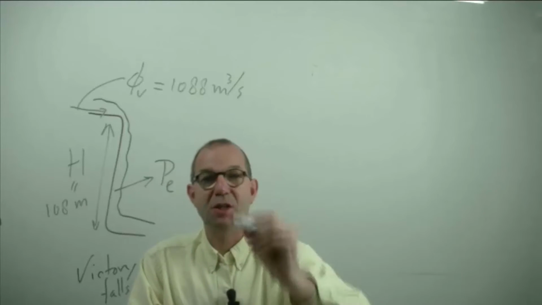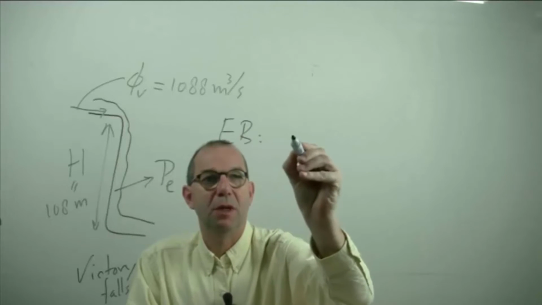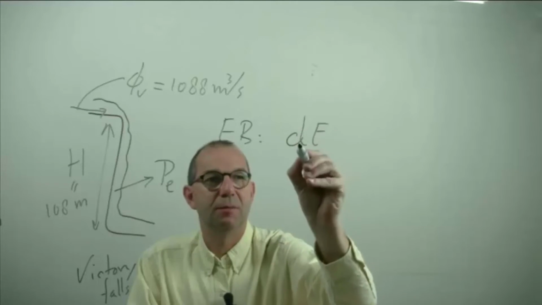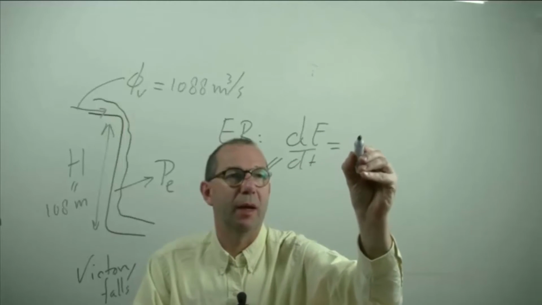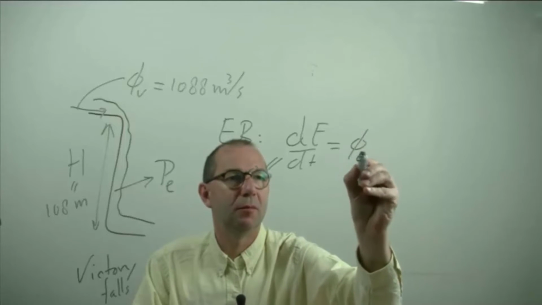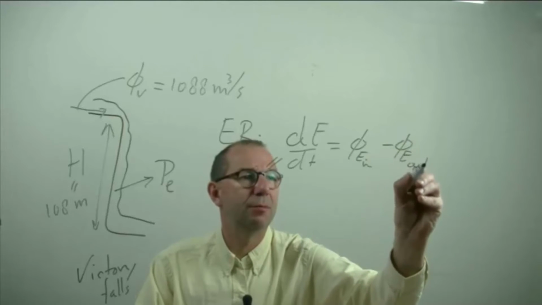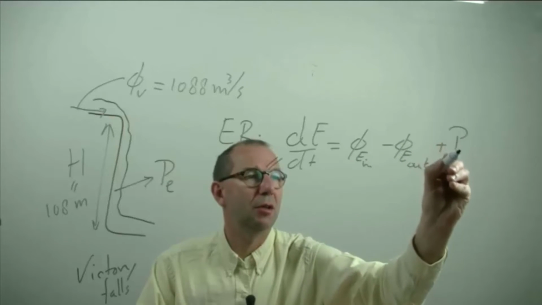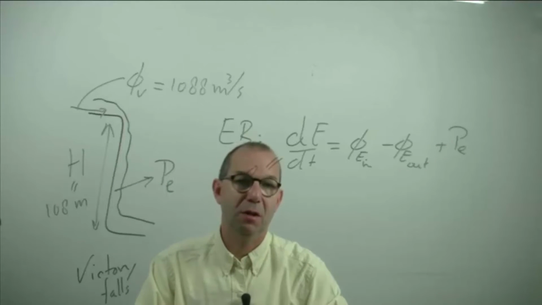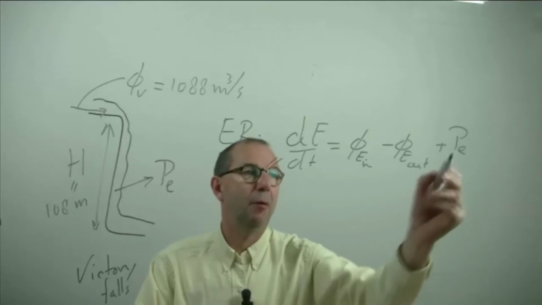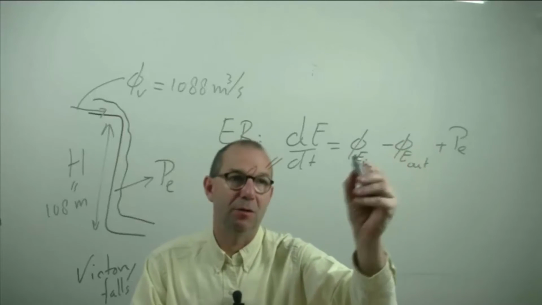Okay, this is a steady state system, so we can set up an energy balance and do that in steady state, so that dE/dt equals 0. Obviously energy is flowing in, energy is in principle flowing out, and there is a production term, meaning that we convert gravitational energy into electricity. And we would like to know how big this one is. And thus we need to know how much flows in and out.